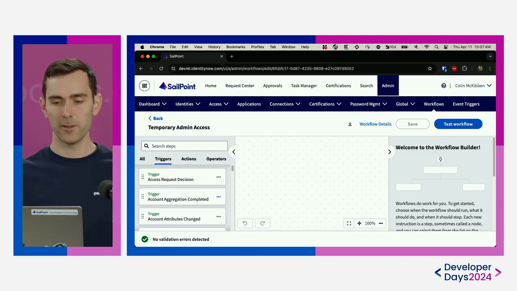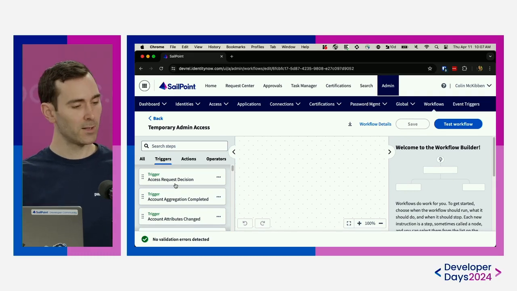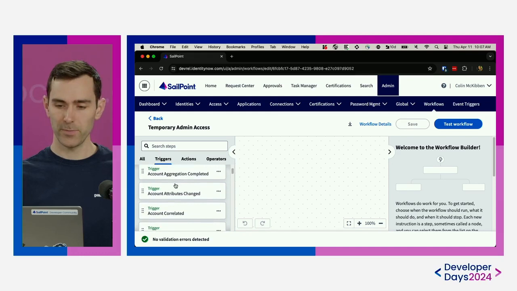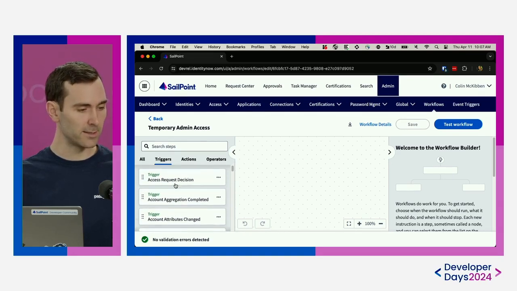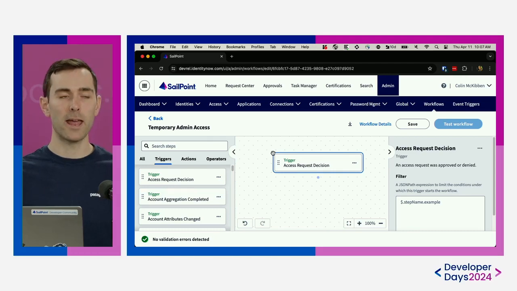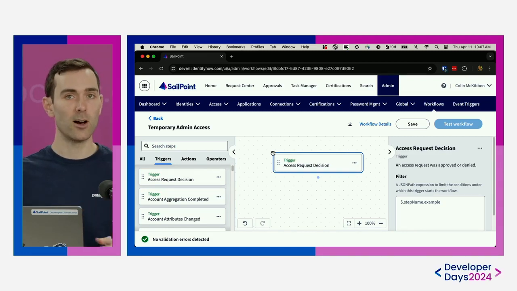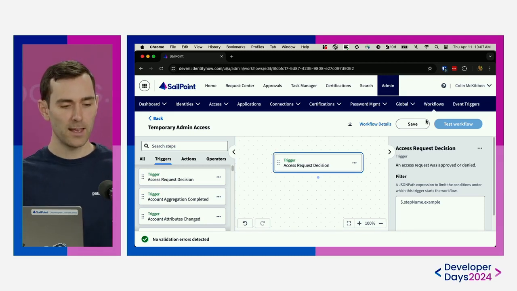So for this workflow, because we're asking users to request access to a role, we want to know when that role has been requested. So there is a specific trigger for this. It is the access request decision trigger. This trigger will fire an event whenever an access request has been approved and assigned. Now, since our role doesn't have any approval process, as soon as somebody requests that, it'll automatically be approved and granted to that user, so it will fire the event. However,